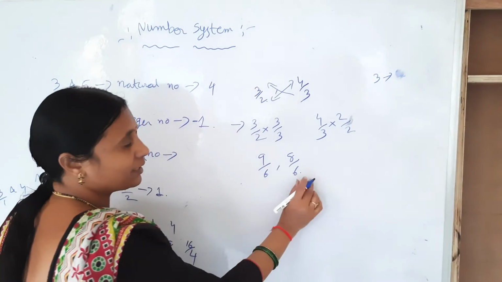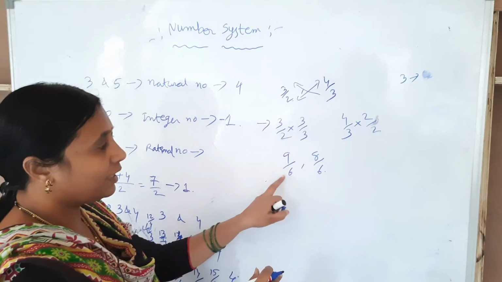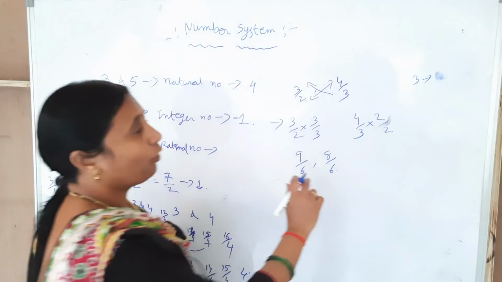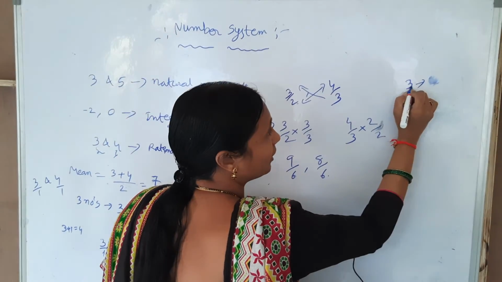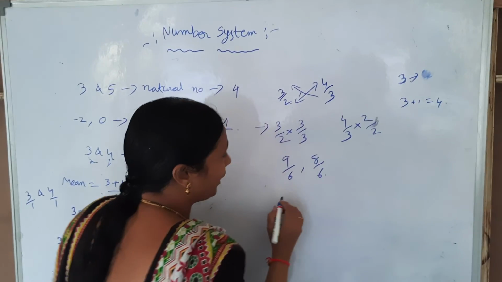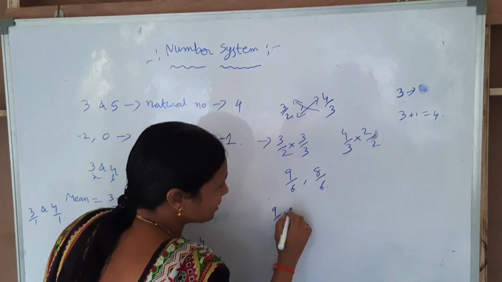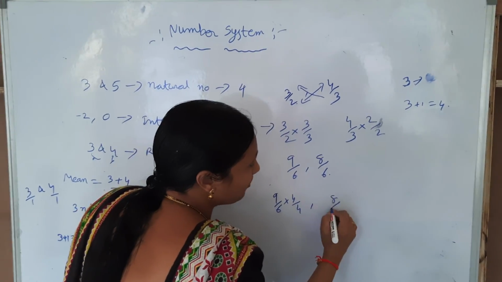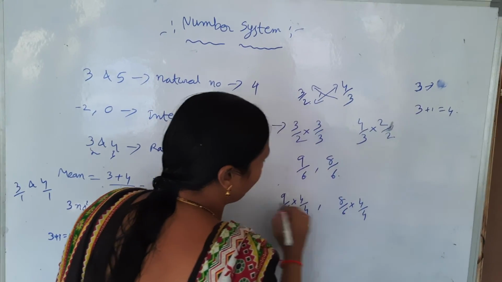Here the denominators are the same. Now how many numbers can we add? Here the numbers are 3. 3 plus 1, that is 4. We have to multiply with 4 by 4. 9 by 6 into 4 by 4, 8 by 6 into 4 by 4. 9 fours are